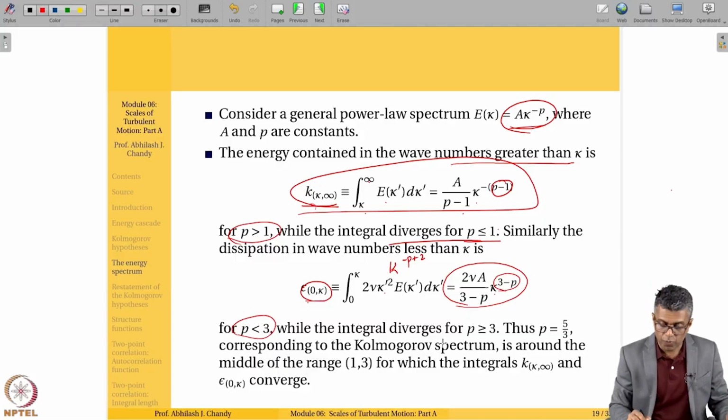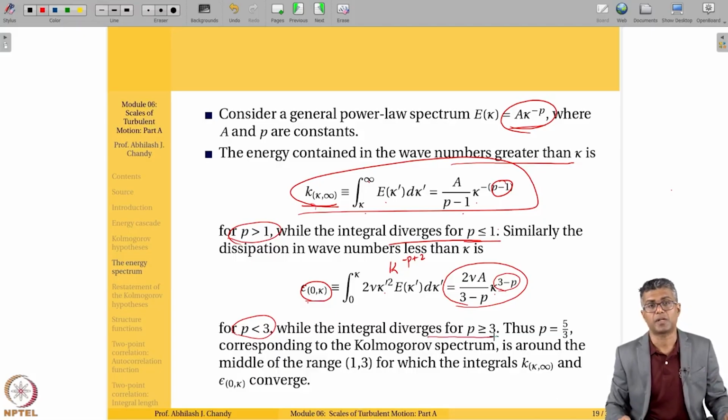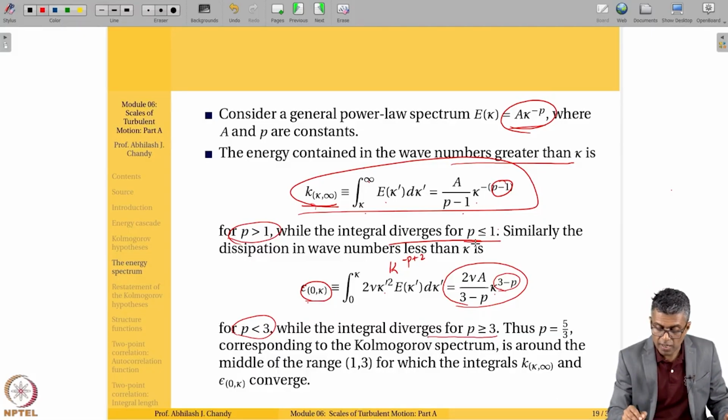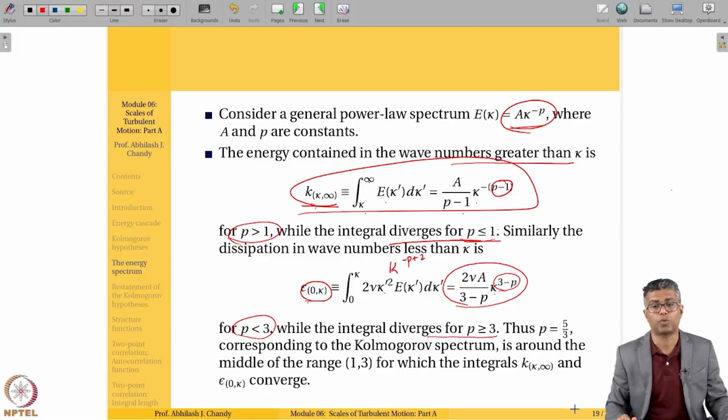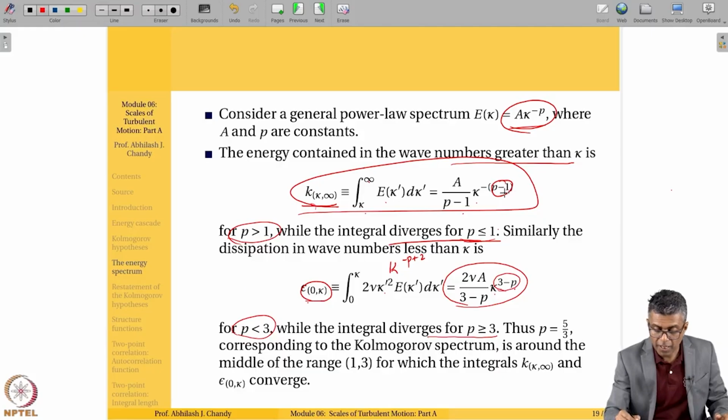So that is why we are saying it diverges for p greater than or equal to 3, whereas here we are considering it diverges for p less than or equal to 1, because of the 3 minus p here. Here it is p minus 1. I hope that is clear. P minus 1,